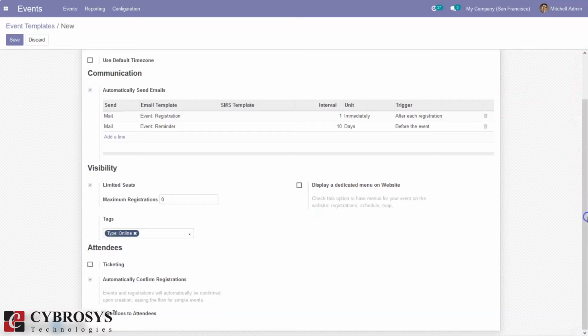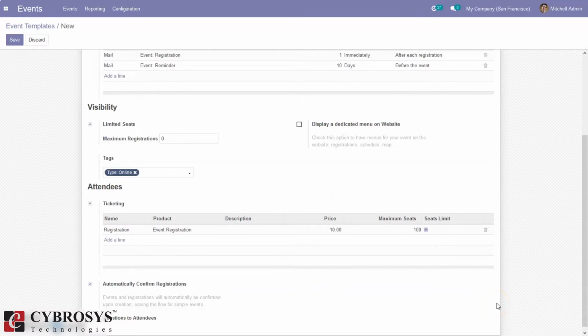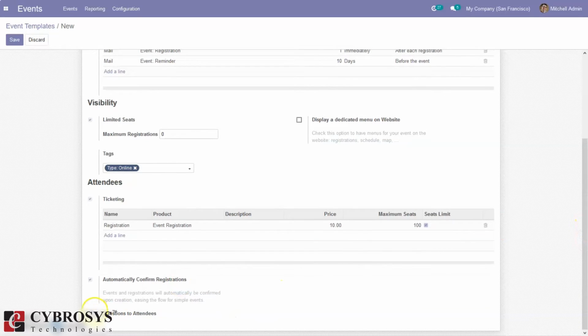Okay, this is an online event, and here we can add the option for ticketing. Here we can add the tickets and the price for each ticket and the maximum seats for them. Then it is also possible to automatically confirm registrations upon creation. Then we can ask questions to attendees.